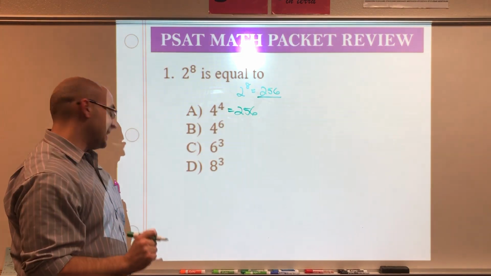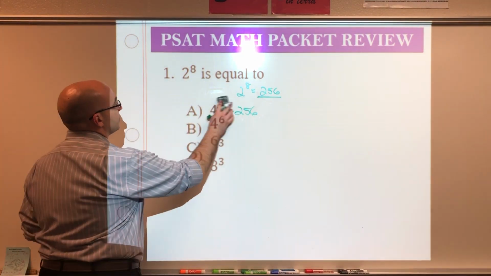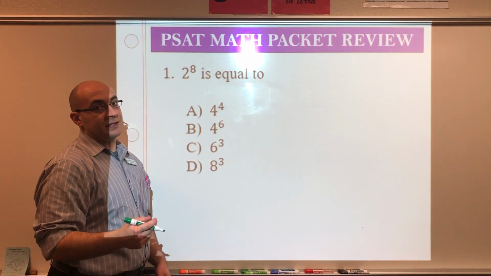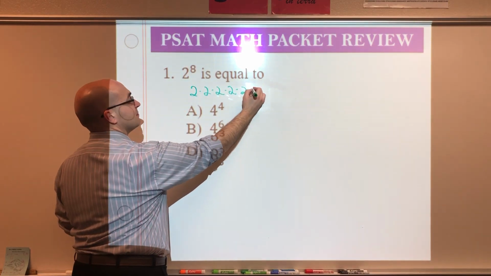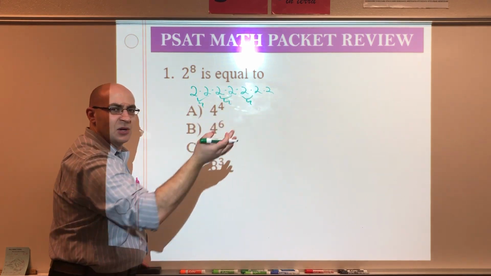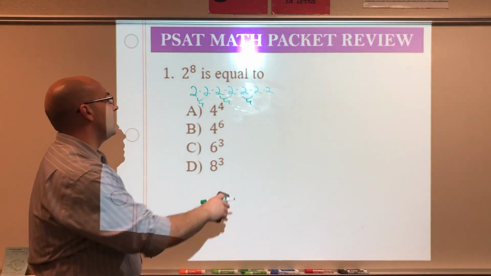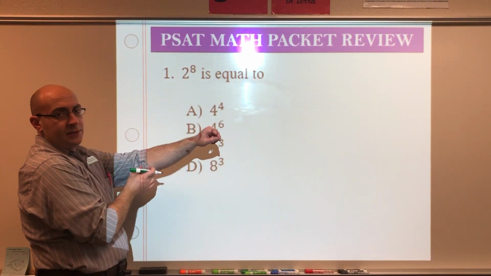But it's not going to be that easy, we believe, right? You're probably not going to have a calculator for this portion. So what do we do? Well, 2 things. 1, you really could multiply all these out if you wanted to. And then go, that's 4, and that's 4, and that's 4, and then so on and so forth. And then get to 256 and see which one of these matches. Or we can use some exponent rules and exponent properties to break these things down to a little bit nicer,